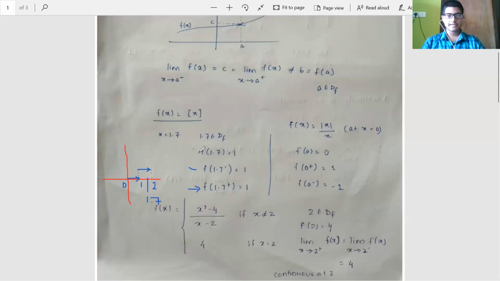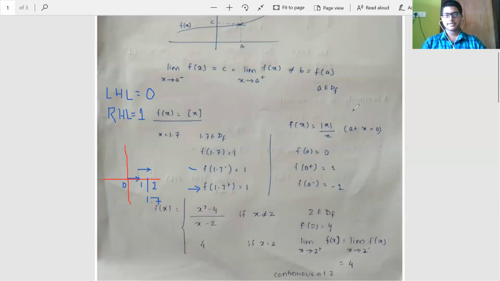But what about the function, let's say at 1? So what we can say, at 1 the RHL value is going to be what? The RHL value is going to be 1, because let's say something like 1.00001. What is the function value? It's going to be 1. And what is the value of the function at 1? It is also equal to 1. But what we see for LHL, let's say how to find it, something like 0.99999. What is the function value at that point? It is going to be 0. So LHL and RHL are not equal at x equal to 1. Though x equal to 1 belongs to the domain of the function, the function is not continuous at that point. Clear? Let us move to one more example.